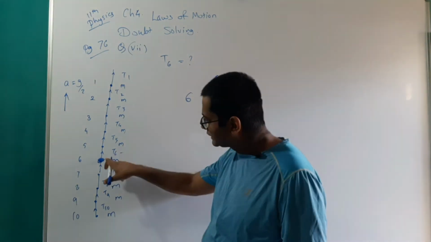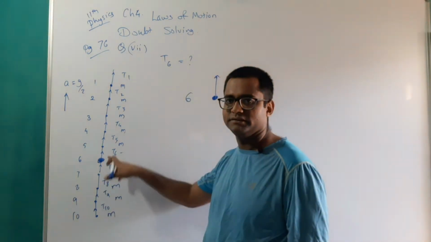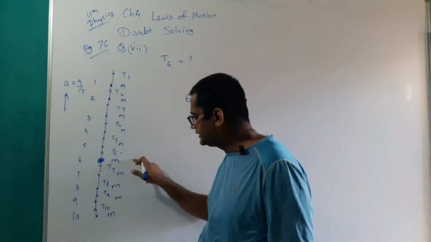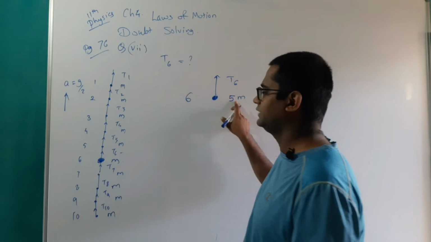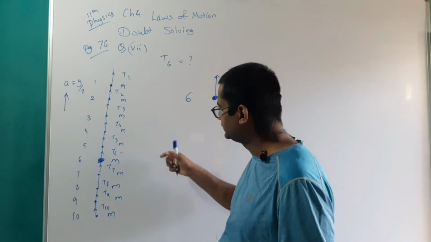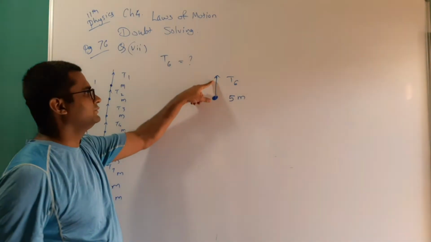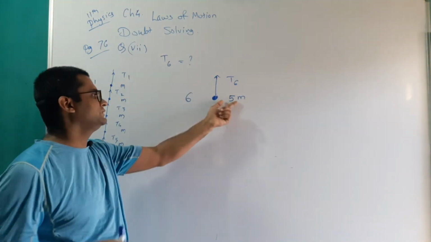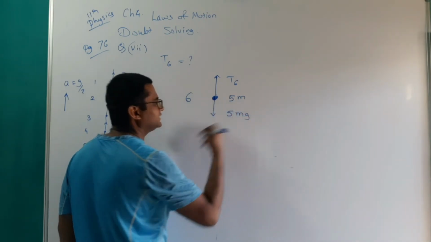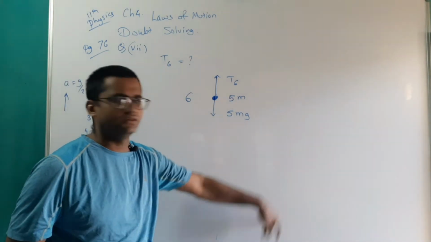Okay. So practically it is not pulling only this particular mass, but it is pulling this mass as well as all these masses. So instead of placing this single mass m, we will place all these masses as 5m. If you count, this is first, second, third, fourth, and fifth. So we have 5 masses which are supported by this single string T6. Okay. So tension T6 will be upwards, and replacing all those masses by 5m, there is a downward force, which is 5mg due to all those masses. Okay. And there is one more long procedure that I will tell you after solving this example.